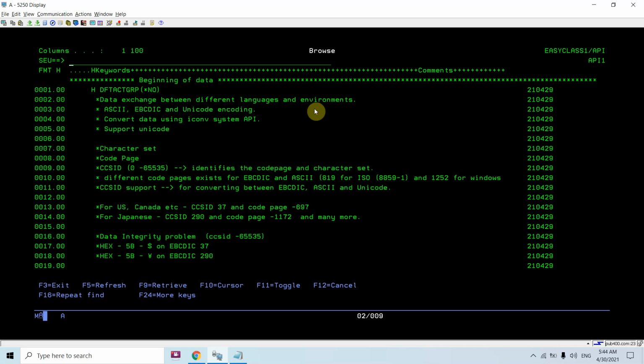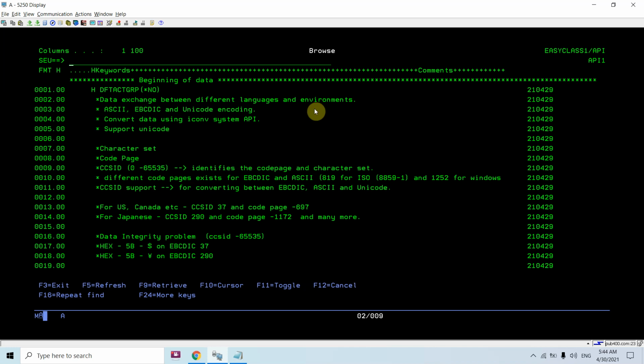So if you are going to transfer data from US or Canada machines to the Japanese machine, or you can say the English machine to the Japanese machine, what happens is your character would get replaced or substituted with something else, so you won't be seeing what you have sent to them. So in that case, what we will be doing in the future is implementing Unicode encoding.